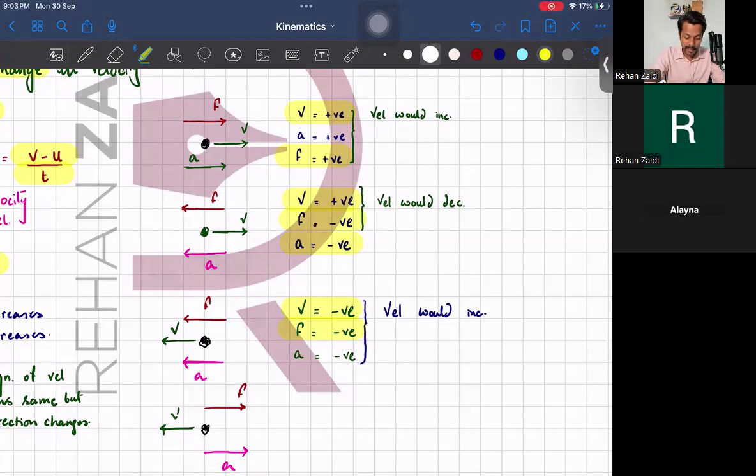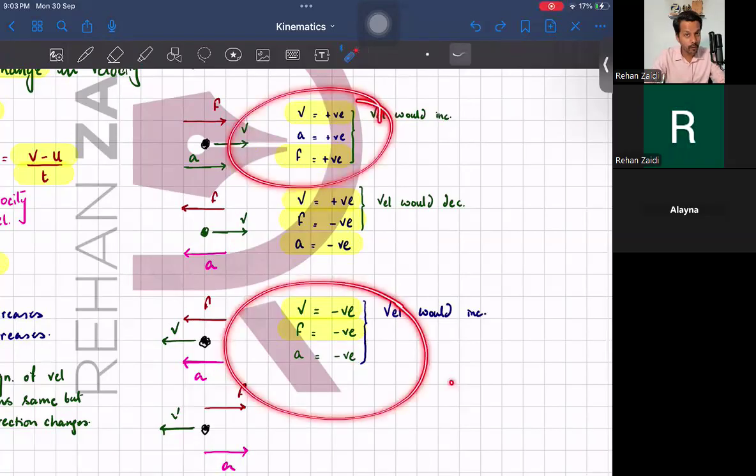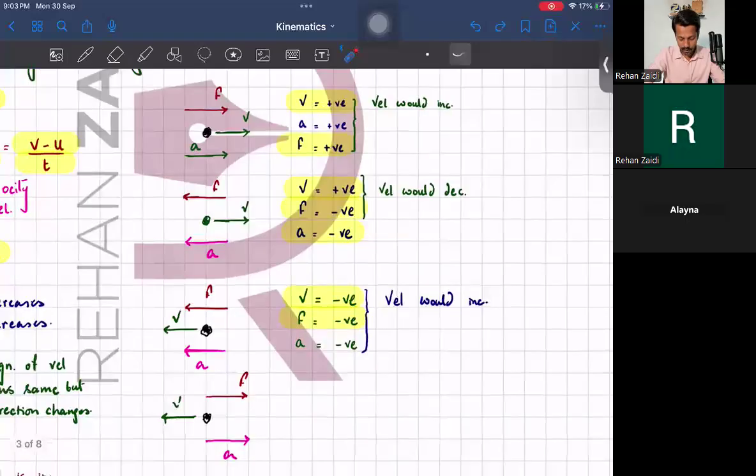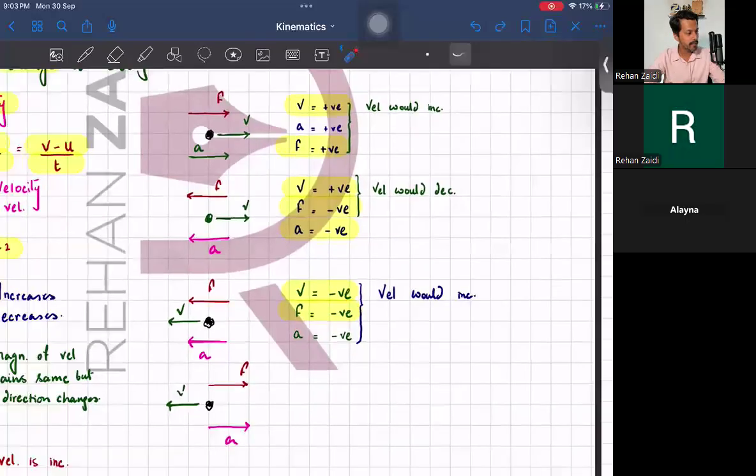And in this case, the force was actually supporting the motion. जिस डायरेक्शन में जा रहा था ना ऑब्जेक्ट, उसी डायरेक्शन में फोर्स लग रही थी, तो देयर वाज एन इंक्रीज इन वेलोसिटी।